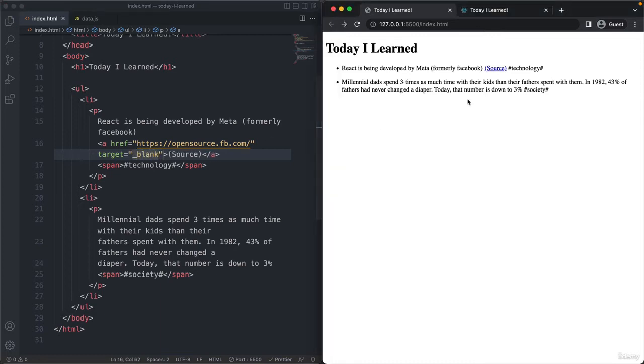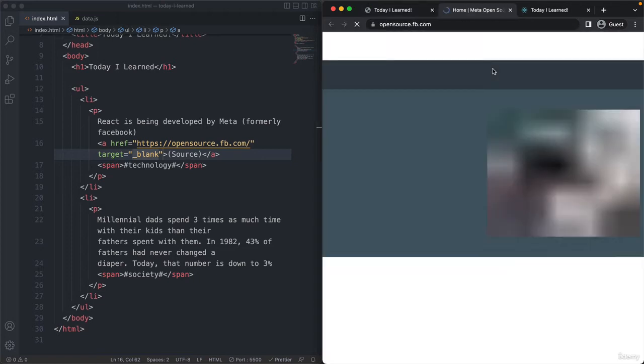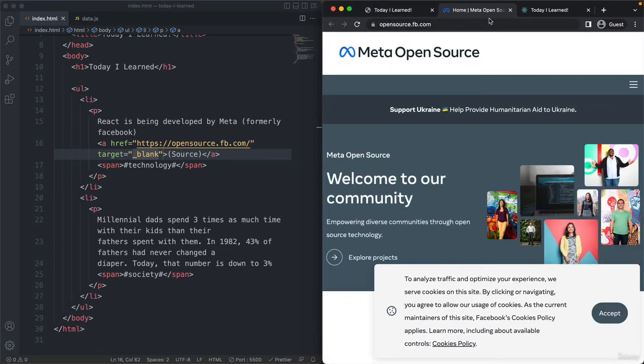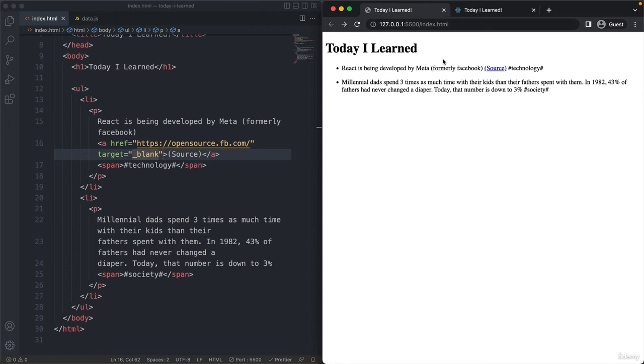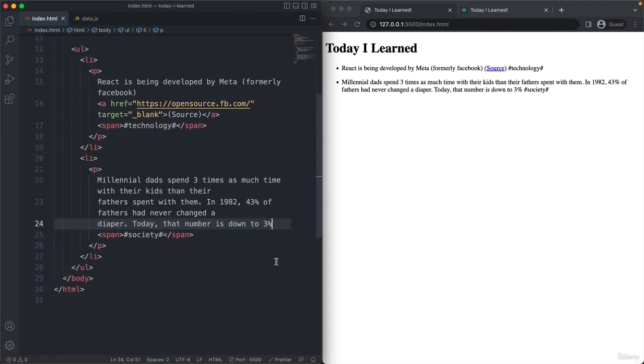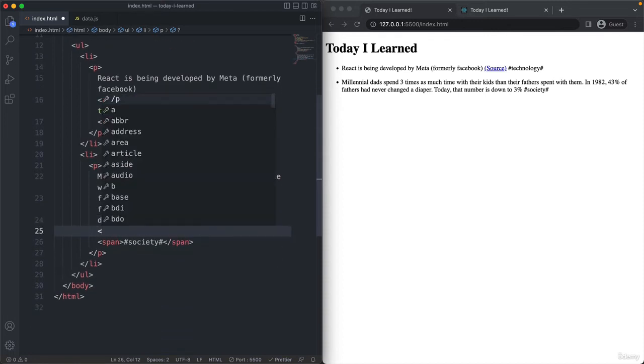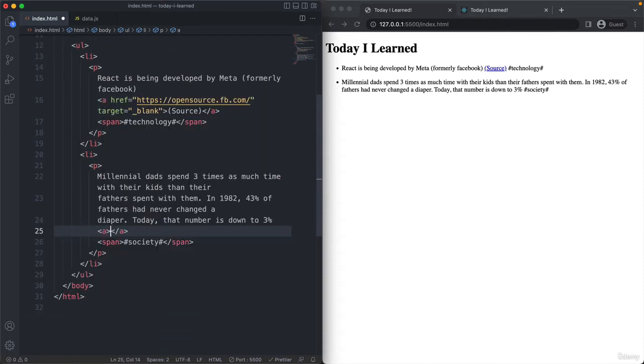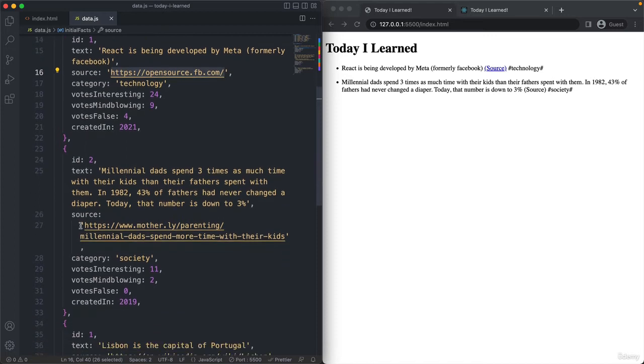All right, give it a save. And if we click now, then it opens nicely in a new tab. And once we close it, we are back in our application. Nice. So let's do that here again to practice. So it's the anchor element. Then let's immediately close it. And then here between the opening tag and the closing tag is the text that we want to see on the page. And then let's get the source,